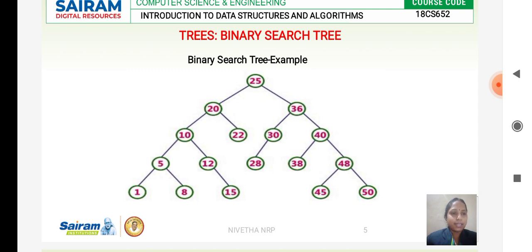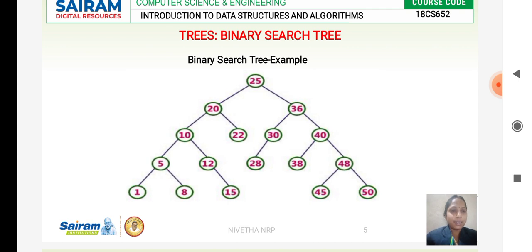Similarly, when you consider the right subtrees, you take the root node 5. What is the right child of 5? It is 8, which is greater than 5. Similarly, when you take the right subtree of 10, we have 12 and 15, which are greater than 10. When you consider 20 as the root node, the right child is 22, which is greater than 20. When you consider 25 as the root node, the right child is 36, which is greater than 25. Similarly, when you consider 40, the right child is 48, obviously greater than 40, and considering 48 as the root node, 50 is greater than 48. Since the binary search tree condition is satisfied,